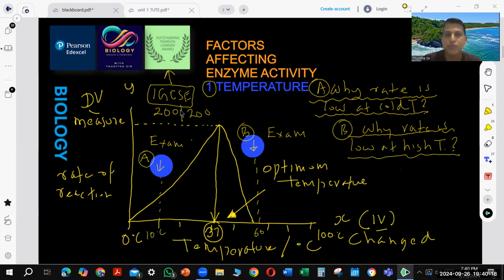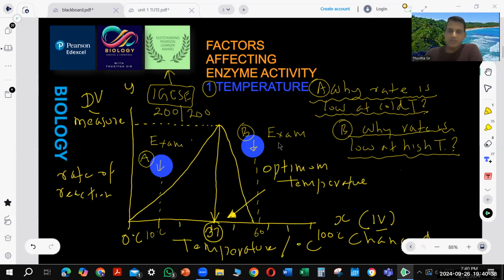And in a few seconds, we will be out again and we will come back again. To the second factor of enzyme activity, which is pH. How pH changes the enzyme activity is the second factor affecting enzyme activity. Then we can learn buffers. What is a buffer? So